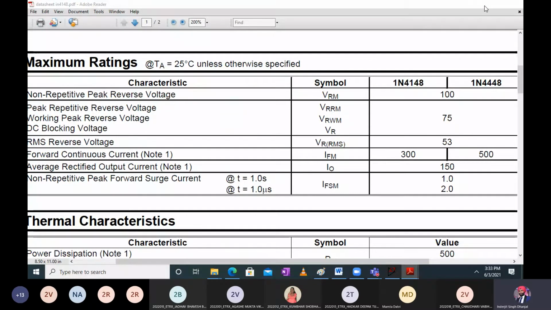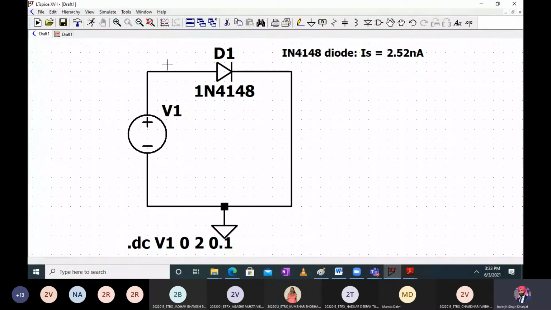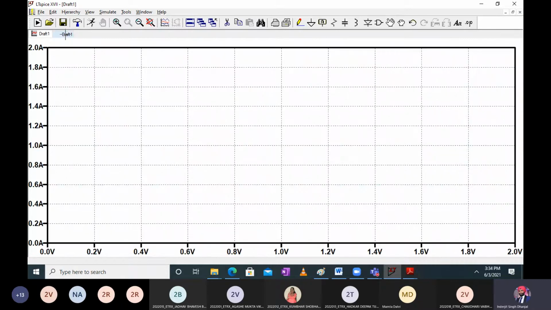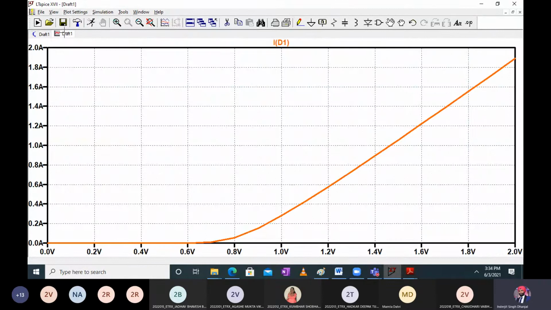Right now it's a simulation platform. So the simulation gives you a false impression that you can apply any voltage, which is not practically correct. If you go in the laboratory and connect the circuit like this, in simulation it's estimating 2 amperes. So what will happen? This diode will get damaged. So understood the problem, everyone? You have to limit the current flowing through the diode.